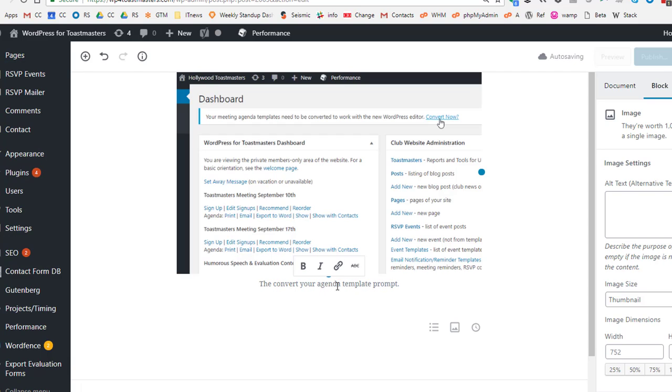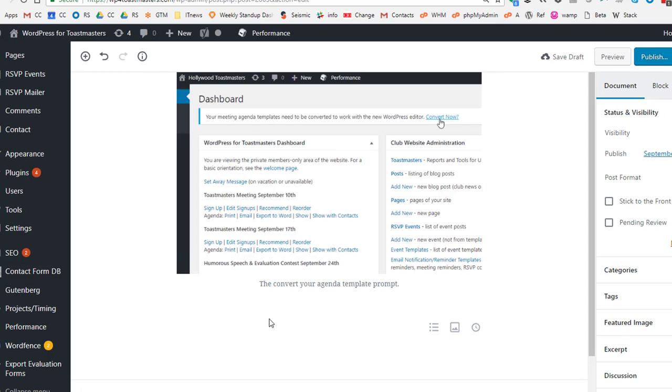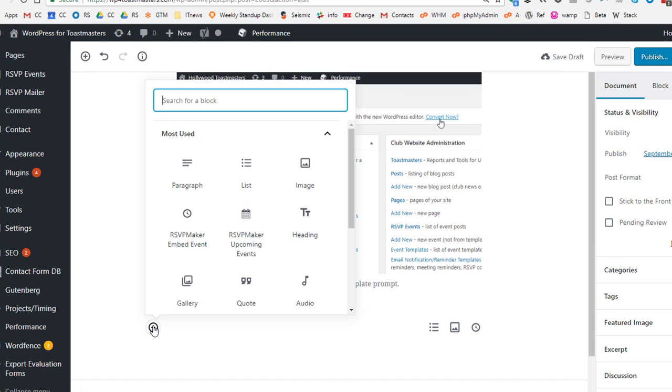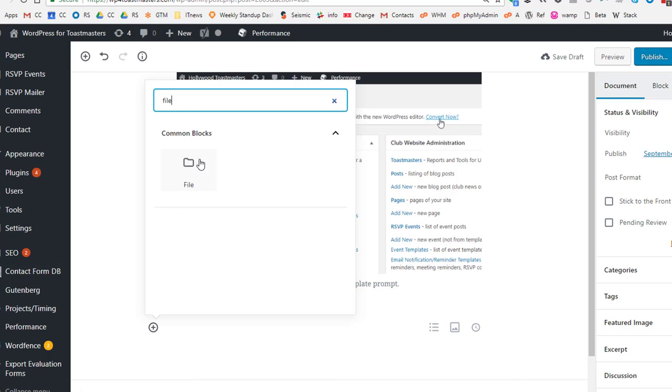Okay. And notice if you see these little thumbnails here, these show the most recent special content types that I've used. The list, the image, and it looks like I embedded an event in a post as well. We also, another one that you might find useful from time to time is file. So if you have a file you want people to download, such as a PDF, search for file,